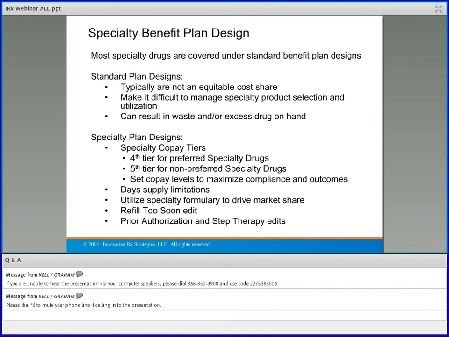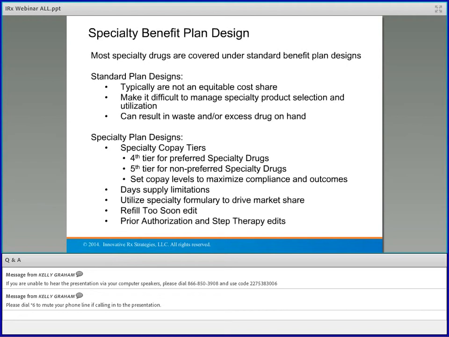We talked a little bit about formularies. A number of PBMs are starting to have specialty formularies, so you get preferred and non-preferred drugs within there to help improve the utilization of lower cost therapies within that category that are just as efficacious and effective as the other medications, but at a lower cost. That is important when you're thinking about specialty drugs, which are really maintenance drugs that people are typically going to be on for the rest of their life.